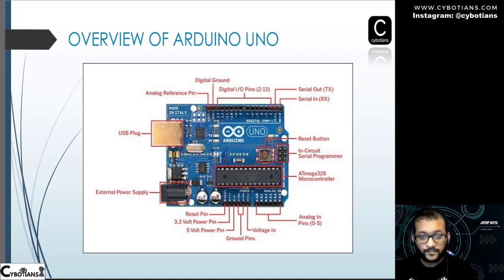Okay, next you will find this is the 3.3-volt converter. It will allow you to convert 5 volt into 3.3 volt. Why 3.3 volt? Because there are some sensors which can work on 3.3 volt only. So in this pin you will find the 3.3-volt power supply as an output from this board, and this is the 5-volt power supply as an output.